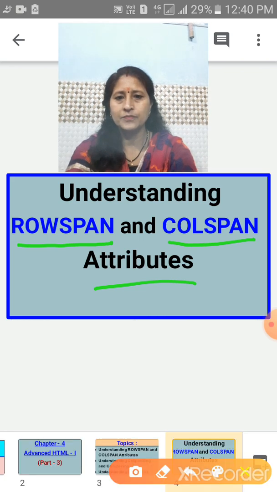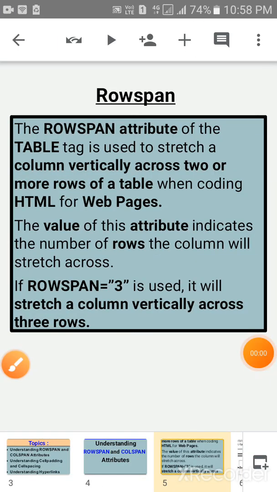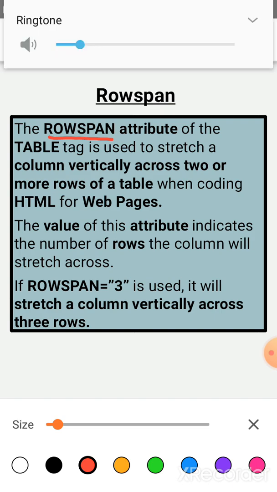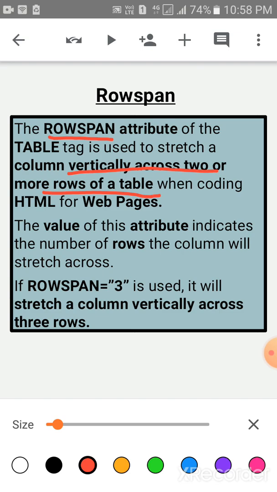Children, the row span attribute of the table tag is used to stretch a column vertically across two or more rows of a table when coding HTML for web pages.